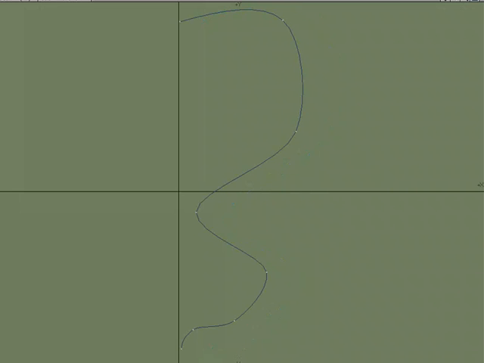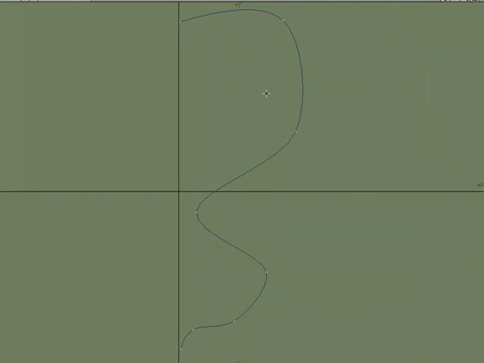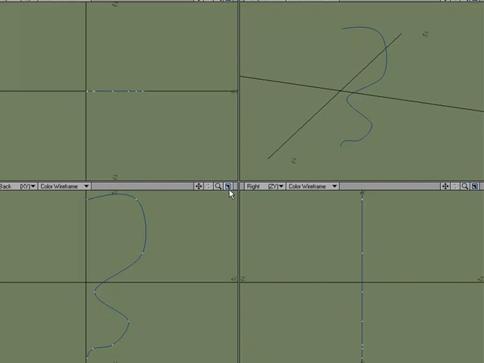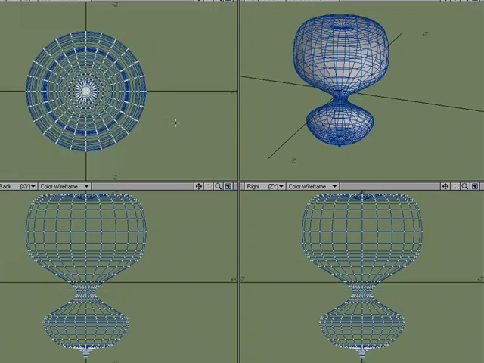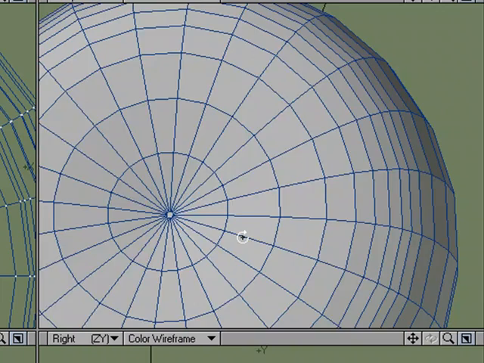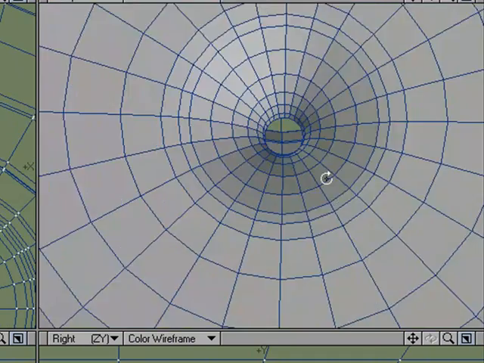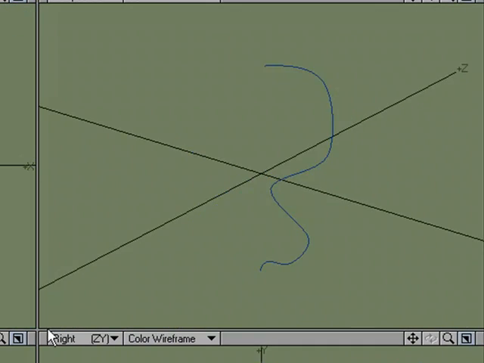Okay. If I zoom in, you'll see that I don't have the points right on the axis, and if I were to lathe, Shift L in for numeric, and we'll go ahead and commit to that, we'll see that I've got a hole in my lathe. Now, I could have changed the setting on lathe, or what might be faster is